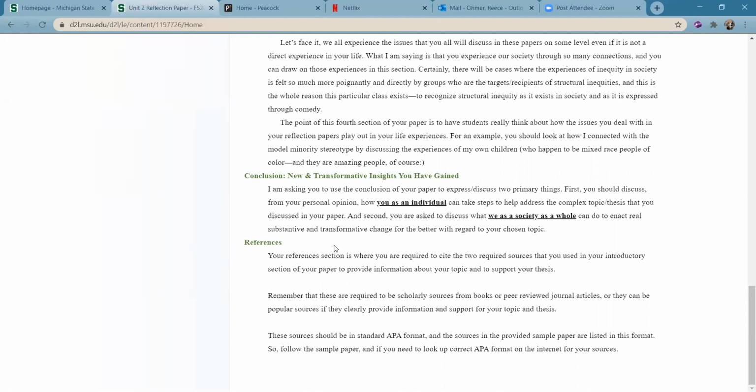It's pretty self-explanatory. I'm sure a lot of you guys used MLA in high school, and that's okay for high school, but we're going to try to transition to APA because it'll help you with all your other college courses. You're going to use APA a lot more in the future, so that's super helpful.